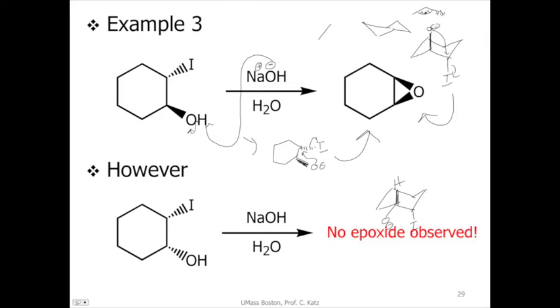All right, so that's not going to be the reactive species. This species here will not give you the cis epoxide that you so desire. Okay, so just keep that in mind. So even though it's a straightforward thing, you can make epoxides this way, and you can make, if you have a chain,